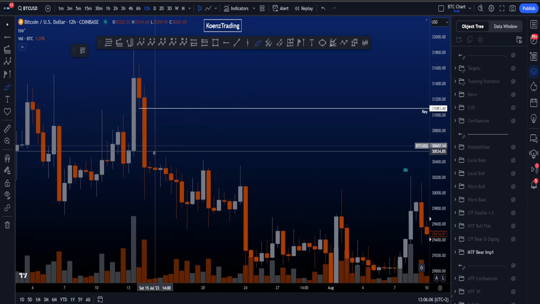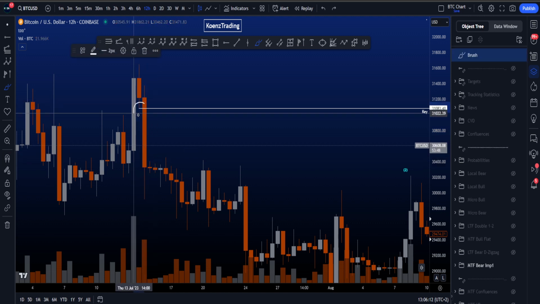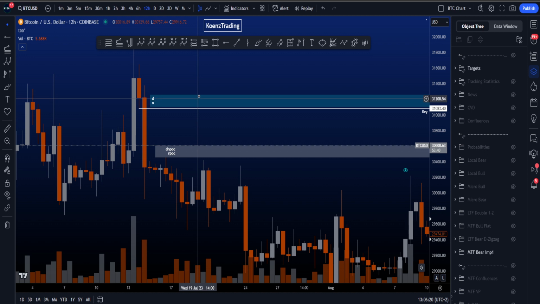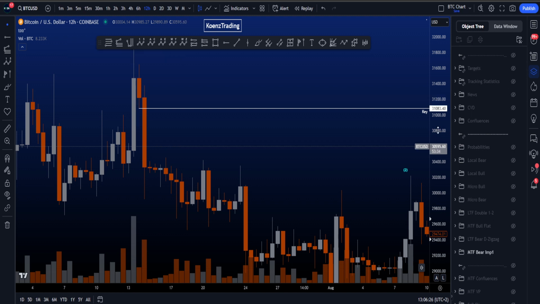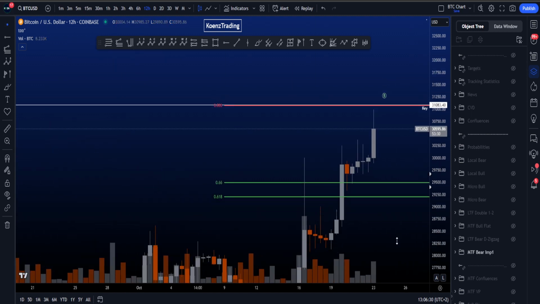So if I zoom in, what you can see is that we have a gap over here, inefficiency, fair value gap, whatever you like to call it, but the high of the gap is this pivot over here. So one could fill this gap, find this as resistance, including the resistance area that I have, additional resistance between 31.1, 31.3k, for then potentially that move to the downside, which means that more locally, I'm actually still looking for at